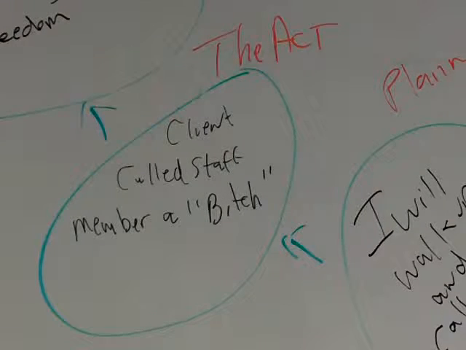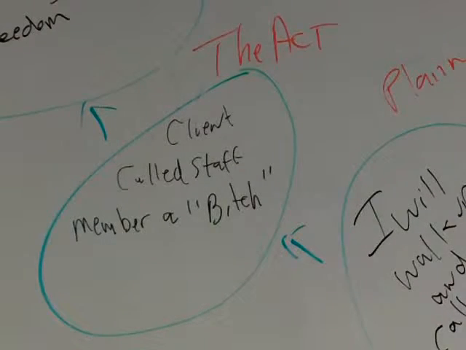And when you're doing an addiction offender cycle, you want to start with the actual behavior. It needs to be something that if I'm standing there, I can actually see and hear somebody doing. So in this case, I would actually see the staff member, I would actually see the client, and I would actually see them in proximity, and I would actually hear the client call the staff member the name. Okay? So you start with the ACT.